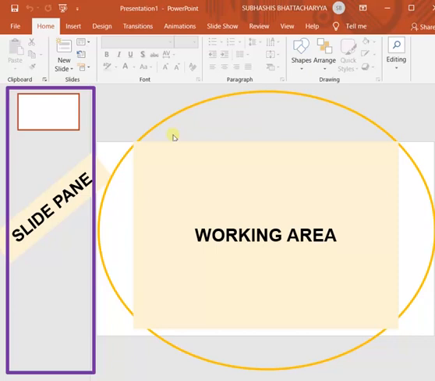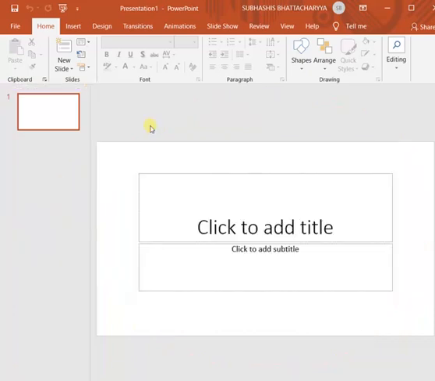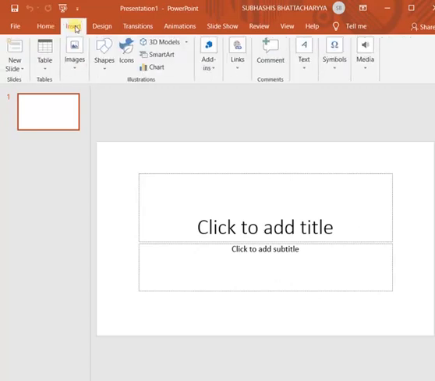So we can insert new slides in three ways. First is to go to the insert menu. In the menu bar, click on this insert menu or insert tab. Then here you see new slide is showing.